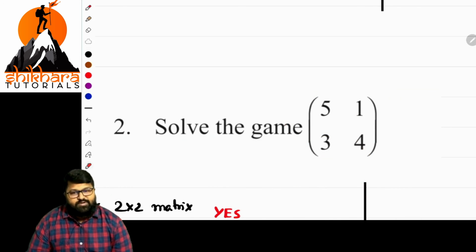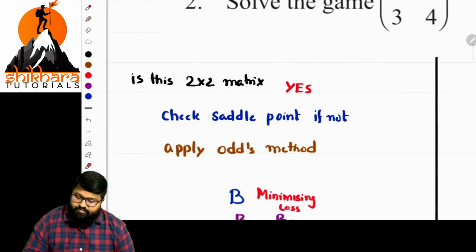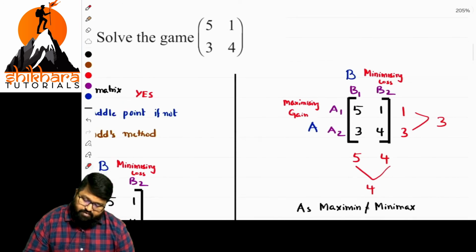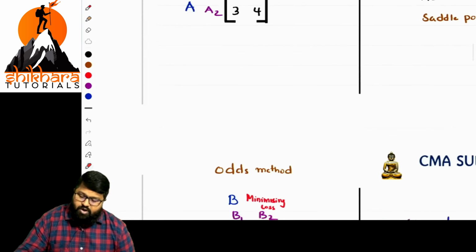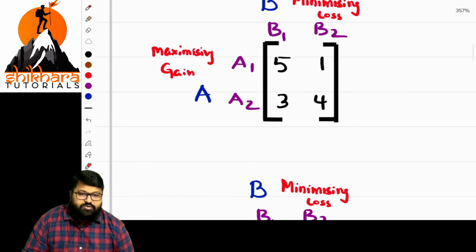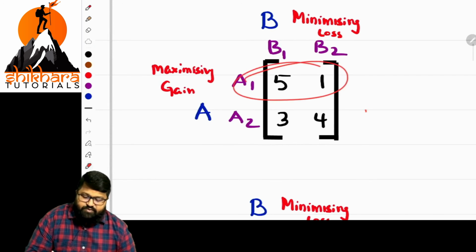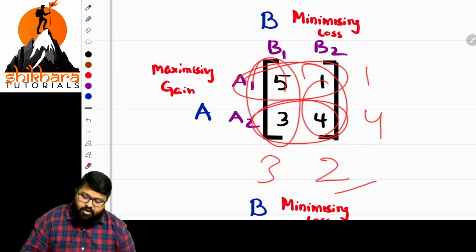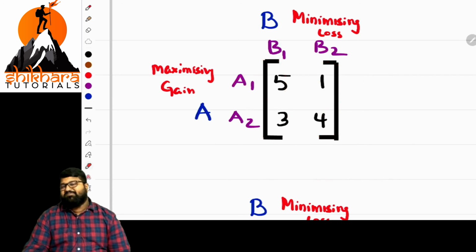Then what should we do, sir? We have to go for the odds method. The same thing is checked there. That's not equal. We have to go to the odd matrix. In the case of the odd matrix, what should we do, sir? The difference between these two is written here, and the difference between these two is written here. Now we have to calculate probabilities. That's the basic first part.